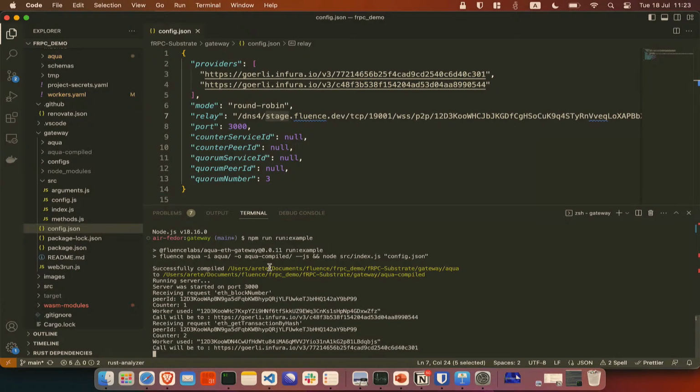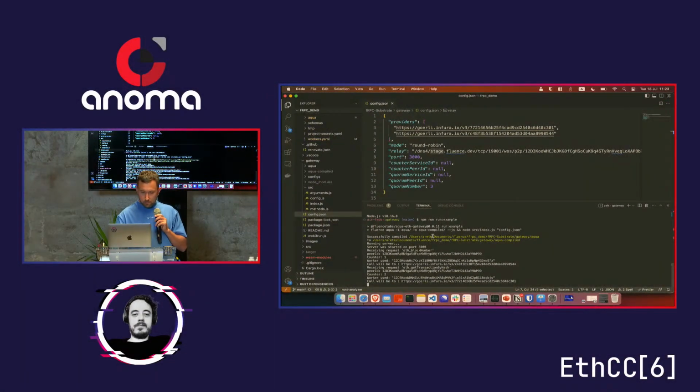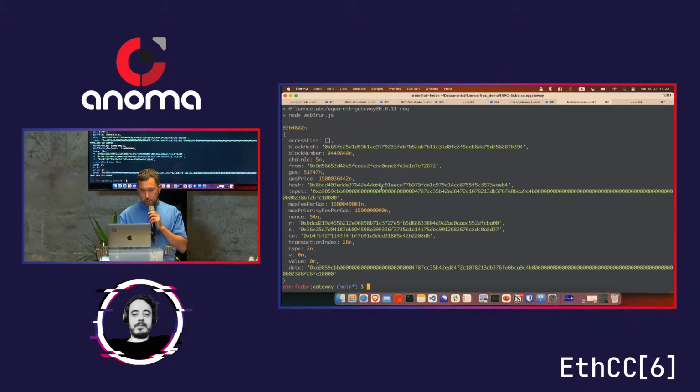It started to ask the Infura endpoints about the details of the transaction, and it just got the current block number and the transaction details. And as you can see, the app itself doesn't know that it's running against a decentralized serverless, decentralized compute network.